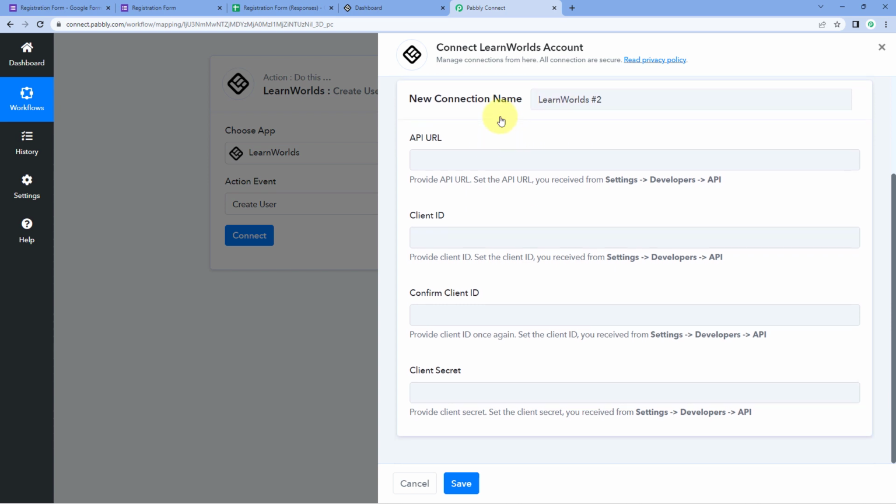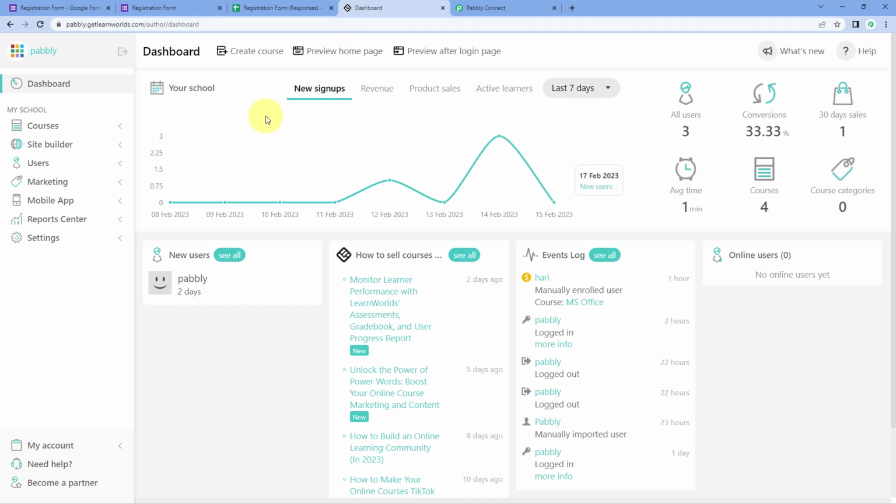And to make this connection, we have to enter the API URL, client ID, we have to once again confirm the client ID and the client secret of our LearnWorlds account. Now here you must be thinking how you can get all of these details of your LearnWorlds account and enter it over here. So what you have to do, you just have to log into your LearnWorlds account and go